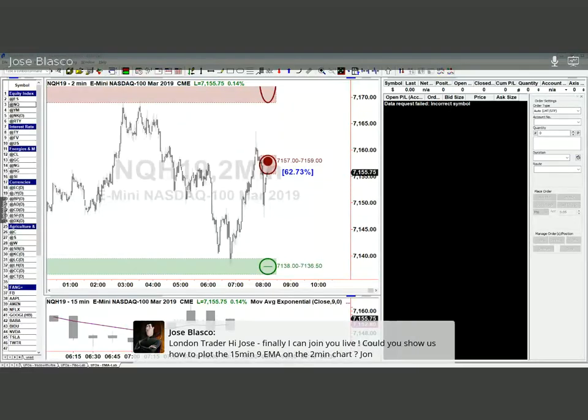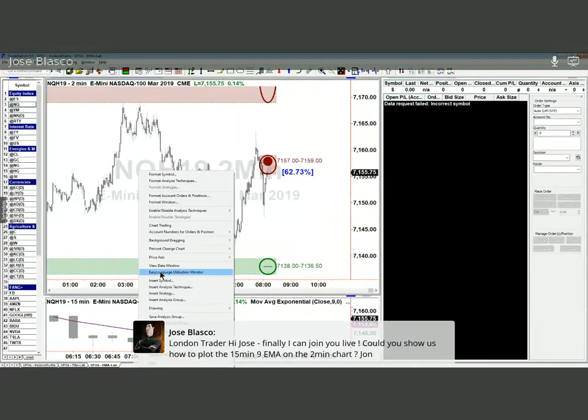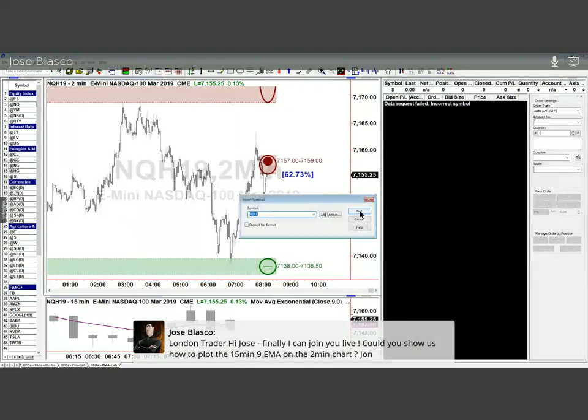Absolutely. Okay, so again, this is trader's preference. Some traders prefer to have different time frames in different charts. Some traders prefer to have, let me rephrase that, the same chart window with multiple time frames within the same window, I should say. So for example, London Trader is suggesting, okay, what if I could have the 15-minute time frame on a 2-minute chart? That would be very convenient, and indeed it would be. And by the way, I have news I would like to share with you after I explain this.